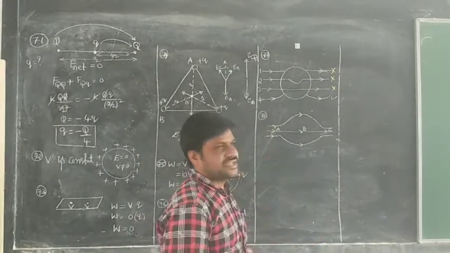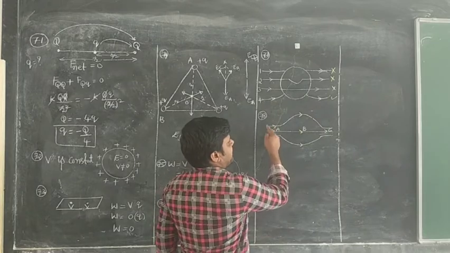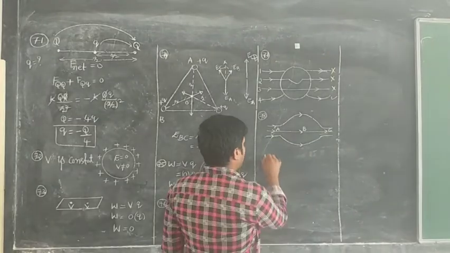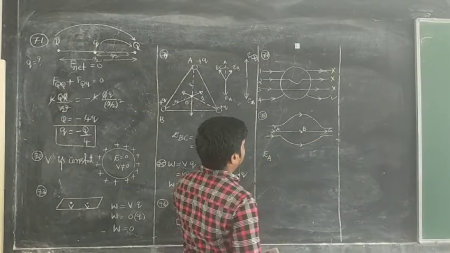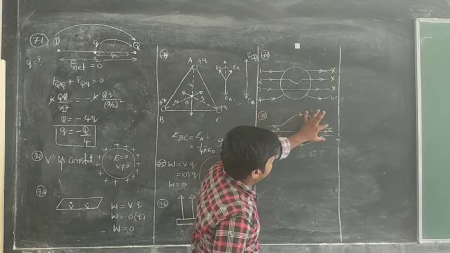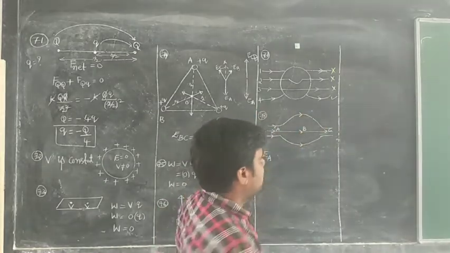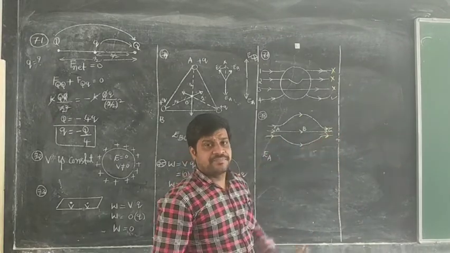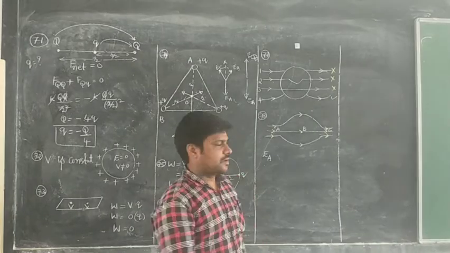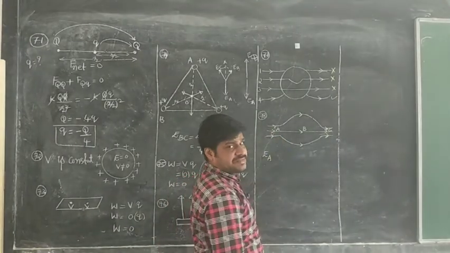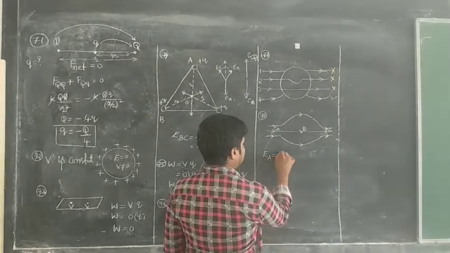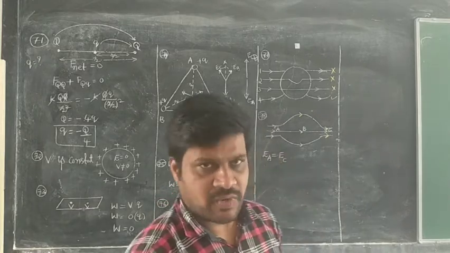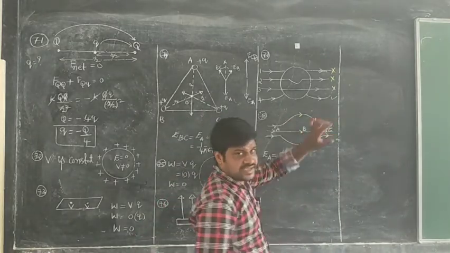What this figure is suggesting is, you see where the electric field lines are crowded, the electric field is greater. So the electric field at point A and the electric field at point C are both the same. Why? Because at point A and at point C, the electric field lines are crowded. Crowded means the strength of the electric field is maximum. So the electric field at A and C is greater, that means equal.